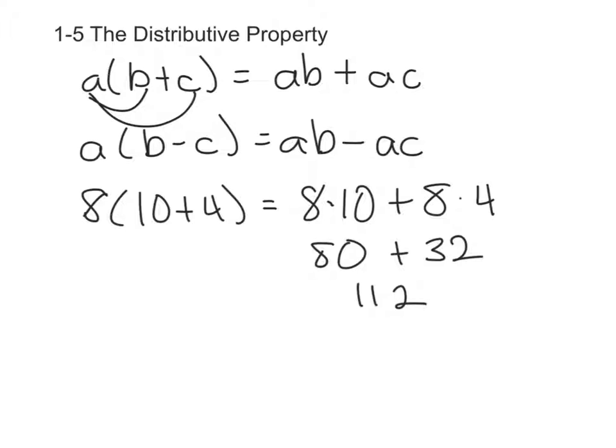The reason is that sometimes it's easier to use the distributive property and break a number down into two different numbers, because you can then do it mentally in your head without needing pencil and paper or a calculator. An example of that, let's go to the next screen, would be something like 15 times 99. Now I don't know about you, but there's no way I could do 15 times 99 in my head. And if I didn't want to go get a piece of paper and a pen, or a calculator, there's actually a really easy way I could do this. I could change 99 into